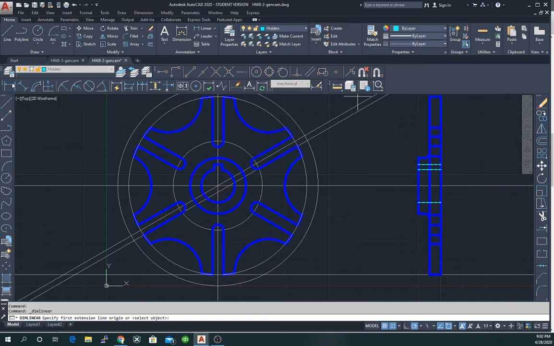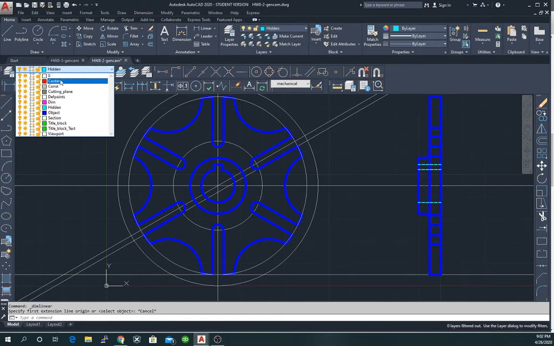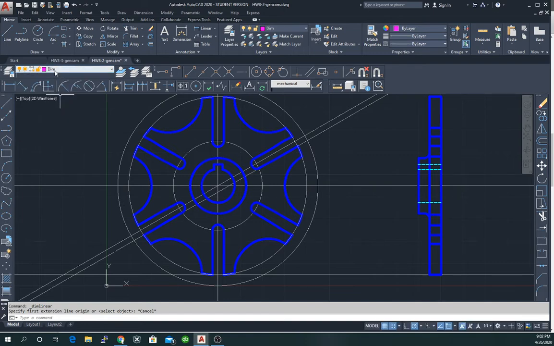And the first thing we're going to do is choose our dimension layer. Of course, we want all our dimensions on our dimension layer. And then we're going to choose linear dimension. Come down here. And I'm going to move the 8.00 to the center. And I'm not sure that I like that, so I think I'm going to come back